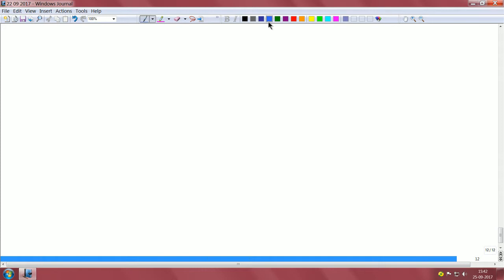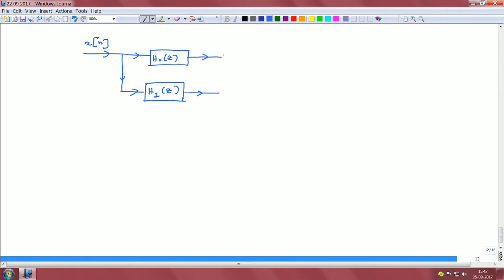a simple version of a 2 channel filter bank. So, we start with a discrete time signal x of n. This goes through 2 filters, h naught of z and then h 1 of z. Then I downsample this at this stage. I take h naught, I take h 1, I downsample this,